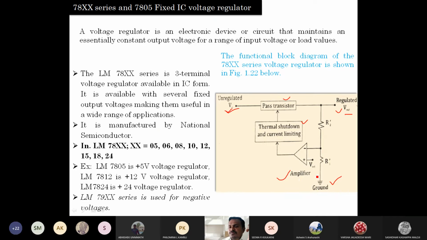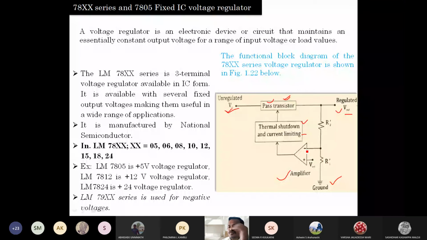So this amplifier is going to generate what? It is going to adjust, because the input for this amplifier is what? If you observe this circuit, the pass transistor. Let me begin with this concept, that is pass transistor. As the name indicates, it simply passes the signal from one end to another, from input to output. But how? It is based on some limits.